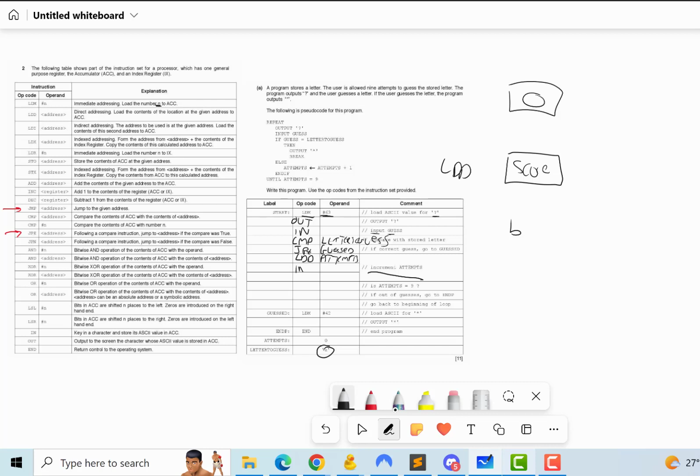Then we want to increment the data in the accumulator. So that's now going to be 1. We then need to store the change back into attempts again. So we want to store attempts back into here. We now want to do a comparison and check. Is attempts equal to 9? To do that, we can use our if statement, our comparison, and we're going to compare